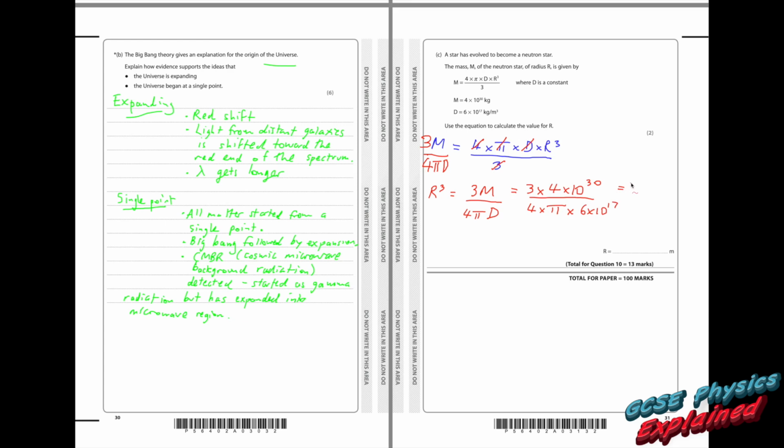And that equals 1.59 times 10 to the 12. But remember, that is not r, that is r cubed. So I hope you know how to use your calculator properly, because we need to cube root this number. And that's the advantage of making sure that you take your own calculator into the exam, so you know how to work it properly. You don't want to drop some marks just because you're using a calculator that you've never used before. And that answer comes out as